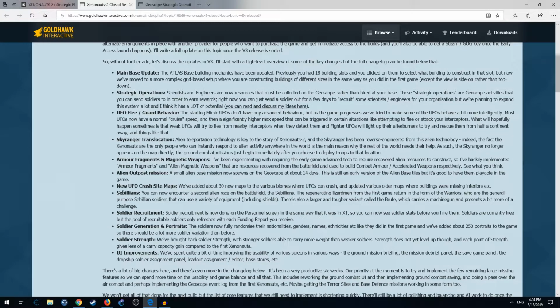Outpost mission, new UFO crash site, so they introduced a bunch of new maps. They updated older maps that were missing things, like interiors and stuff. Civilians naturally, and here equipment including shields, which means that they do have a tougher variant Brute which carries a